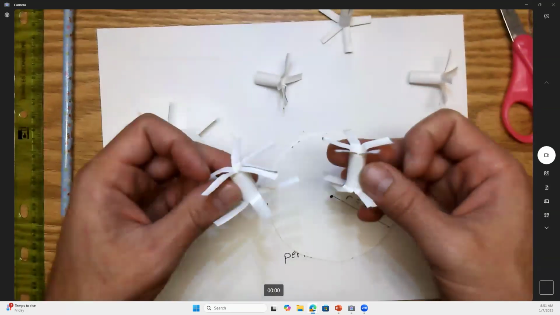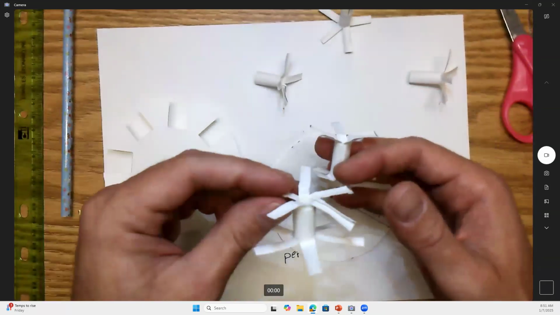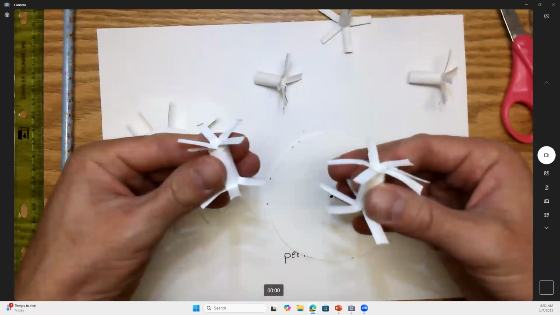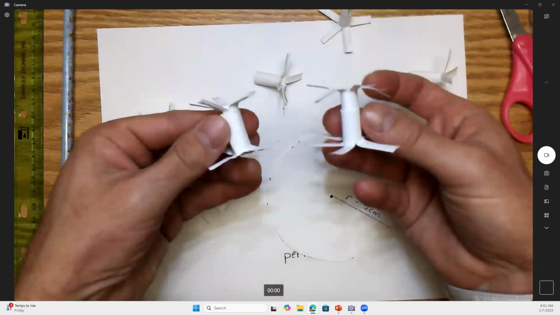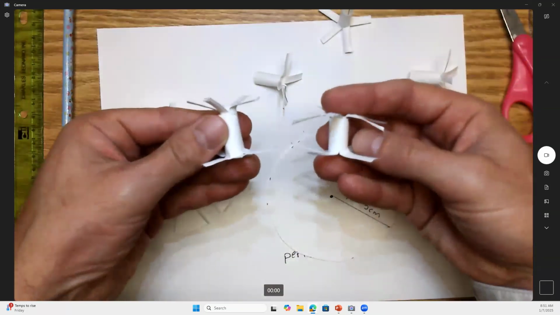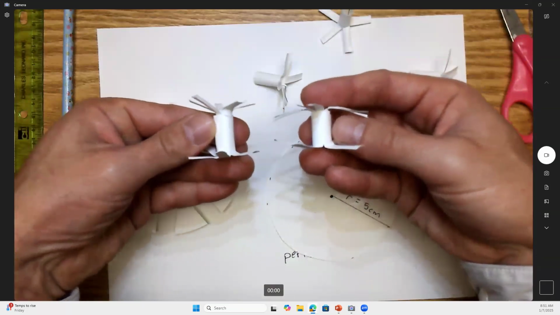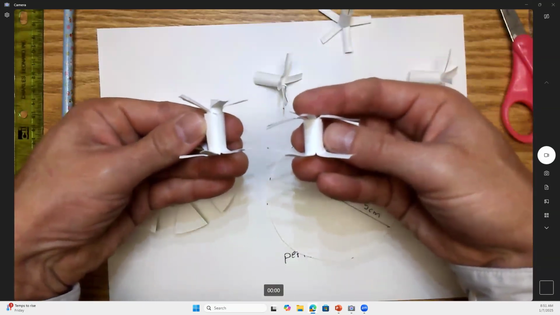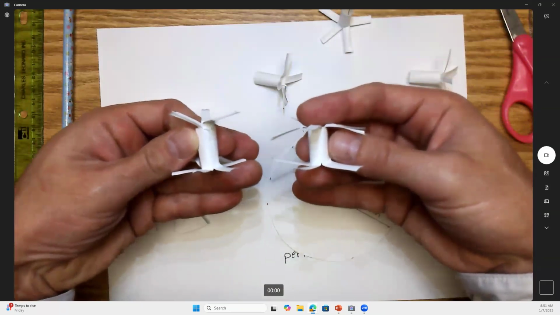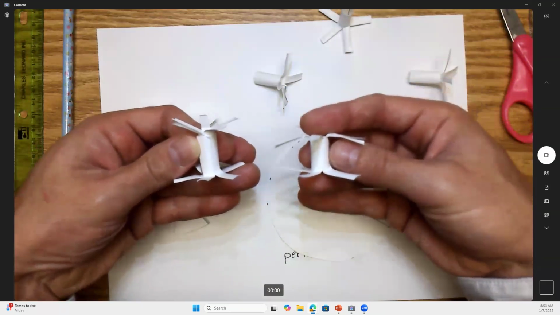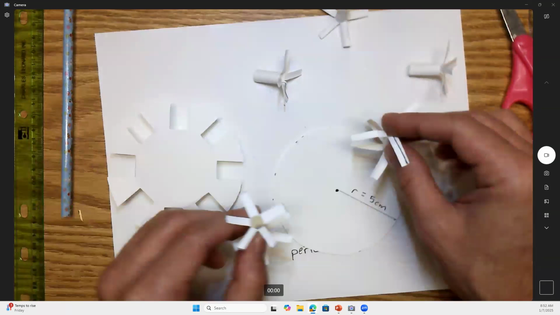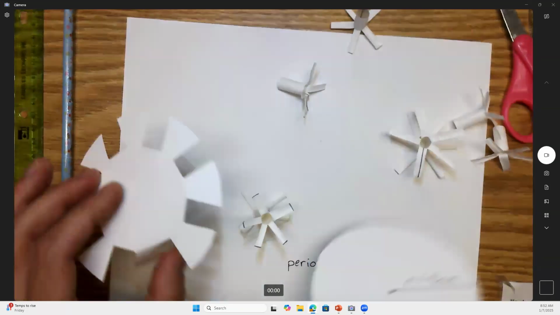Now, if you did exactly what I did yesterday, do you see how one of these axle systems, say the one in my right hand, I cut the feet a little bit longer? Therefore, the cylinder itself stands a little bit shorter. You see these are two different heights. And the reason for that is that when I glue these down and glue these on top of them,